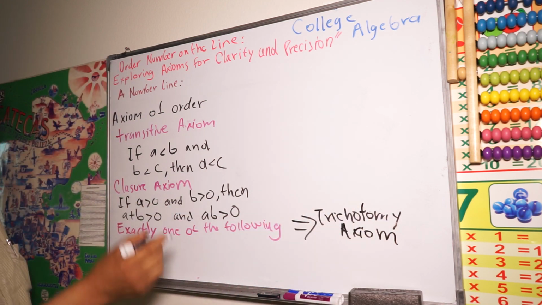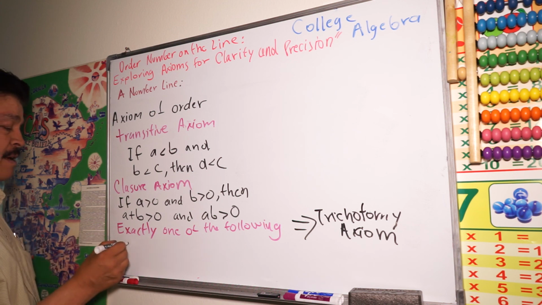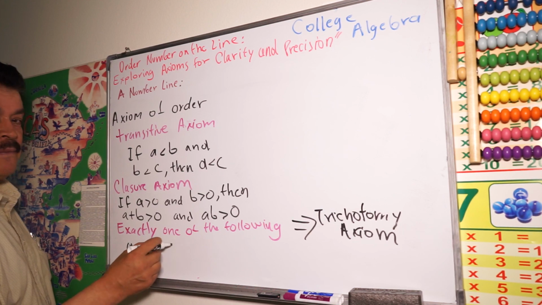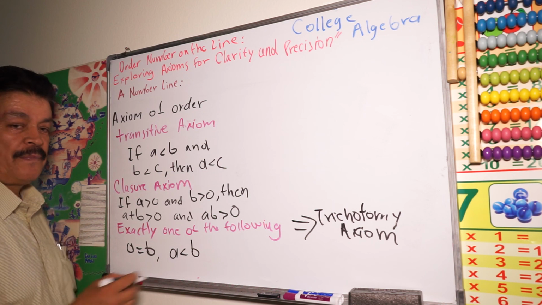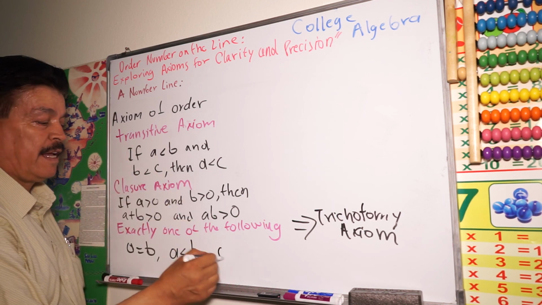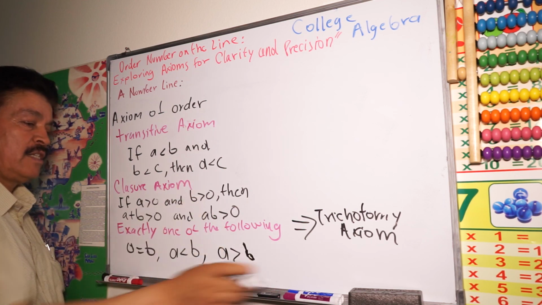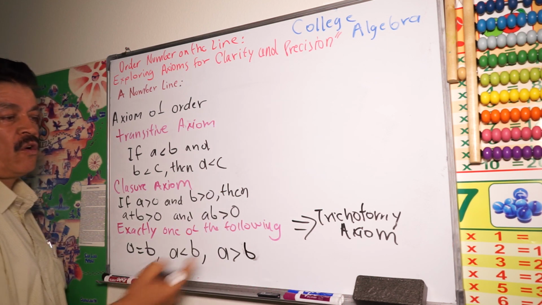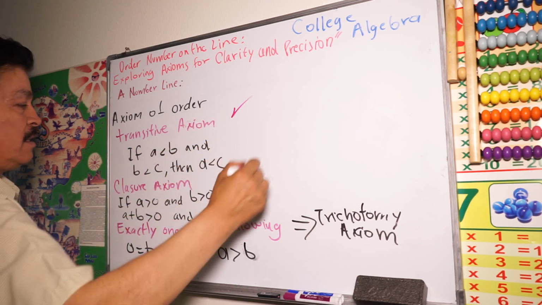Exactly one of the following. For example, you have here A equals B, right? And then, for example, A less than B, or A greater than B. So this kind of axiom is called the trichotomy axiom, right? So these are three rules, 1, 2,